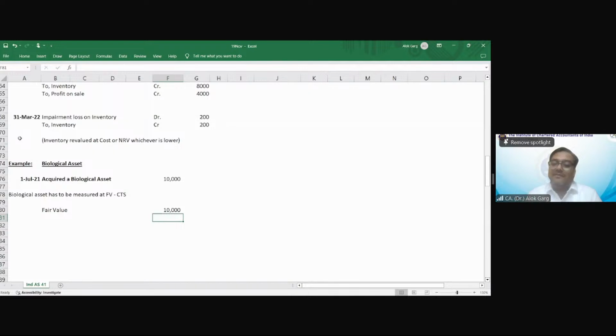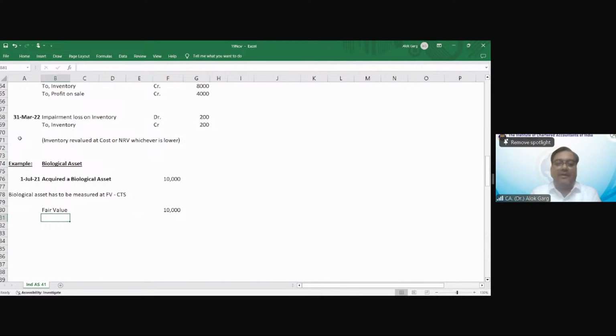Now, what is your cost to sell? So you have to see the cost to sell. You have purchased the asset. Now, if you have to sell this asset into the market, you have to bear some cost, correct? For example, selling commission, some transportation. To bring the asset into a sellable condition, let's say there is an animal market, you have to take this cow to the market and it will carry some transportation cost. So that is a cost to sell, to bring the asset into the sellable condition, right?